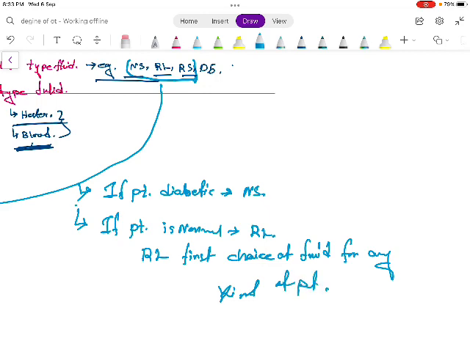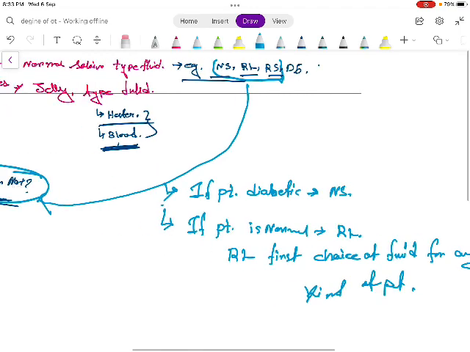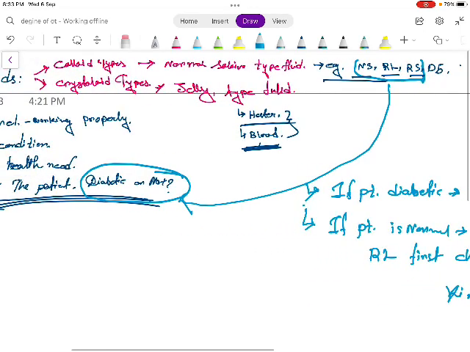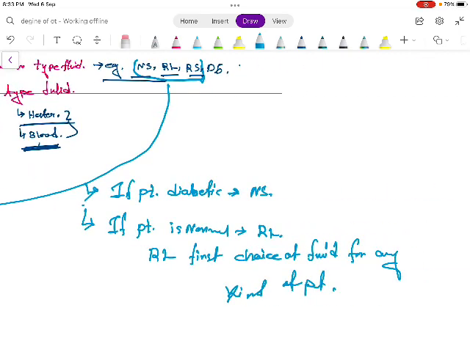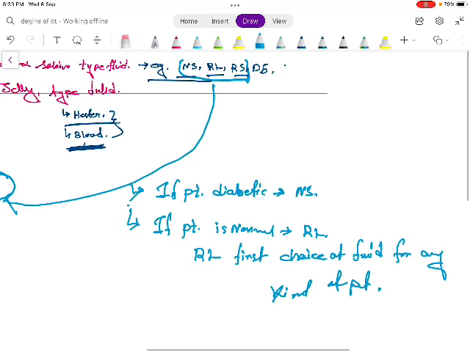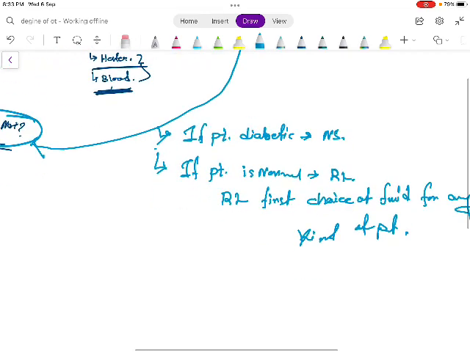If the patient comes into the OT, and if we know the patient is not diabetic, then we must use RL for the first time, and then according to the patient's condition and health behavior during the OT, we would like to change the fluid type, right? Now we'll see